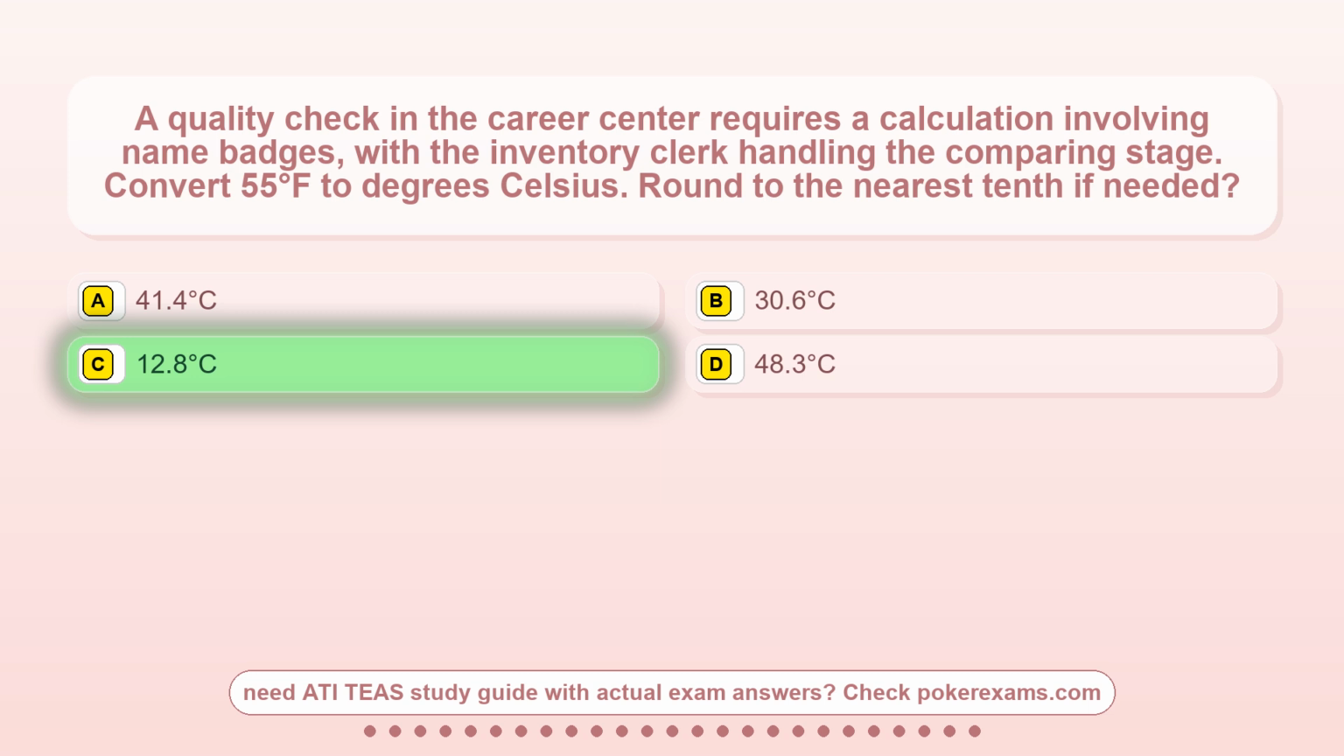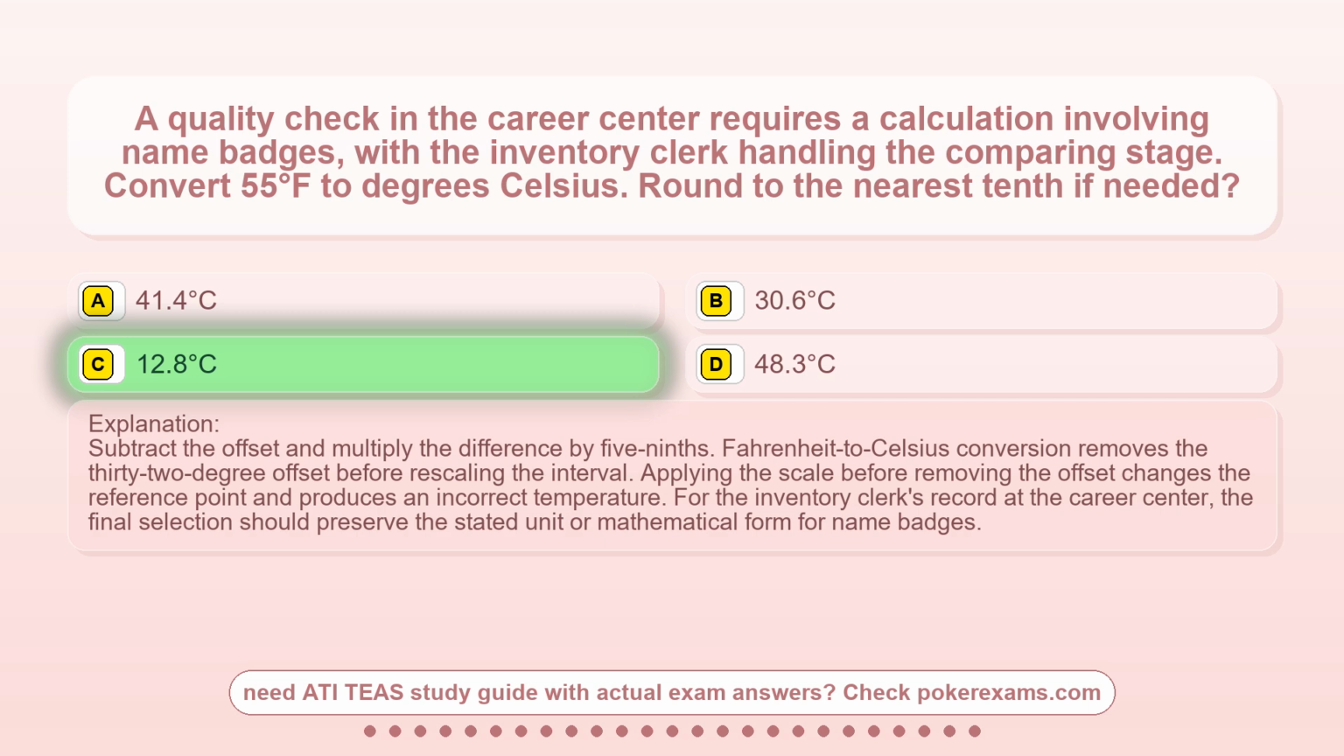Subtract the offset and multiply the difference by 5/9. Fahrenheit to Celsius conversion removes the 32 degree offset before rescaling the interval. Applying the scale before removing the offset changes the reference point and produces an incorrect temperature. For the inventory clerk's record at the Career Center, the final selection should preserve the stated unit or mathematical form